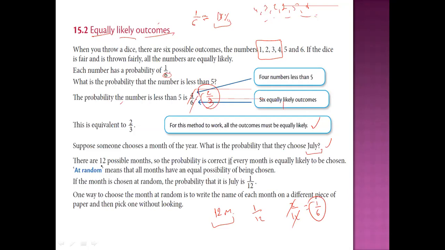So there are 12 possible months, and the probability is correct if every month is equally likely to be chosen at random, meaning all months have an equal possibility of being chosen. If the month is chosen at random, the probability that it is July is 1 over 12. In percentage form, how many percent? When you divide 1 by 12, you'll get exactly,